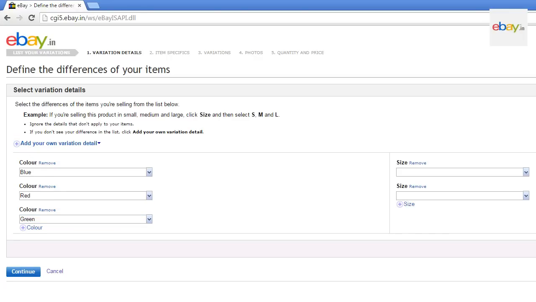Please add all the sizes you have for all colors. Suppose we have 5 sizes in each of the 3 colors: extra small, small, medium, large and extra large. Select XS, S, M, L and XL from the drop-downs as shown and click on Continue.